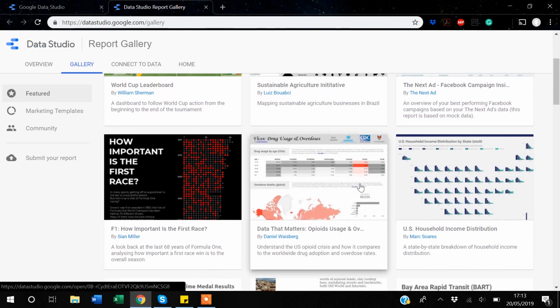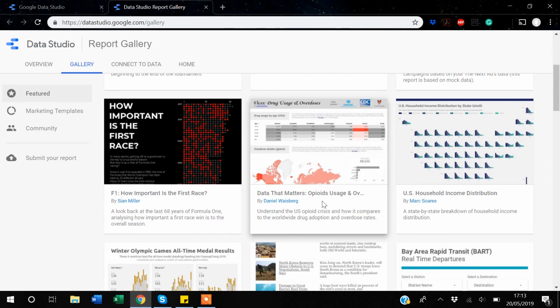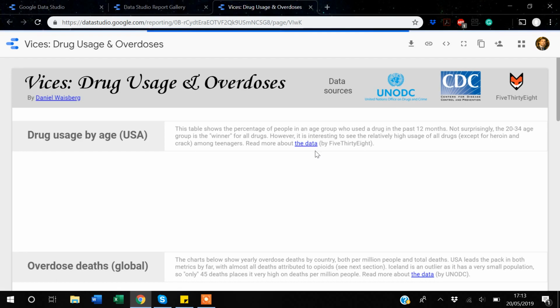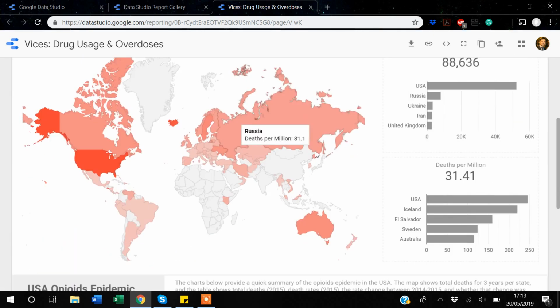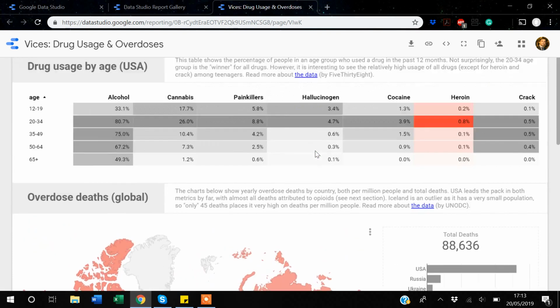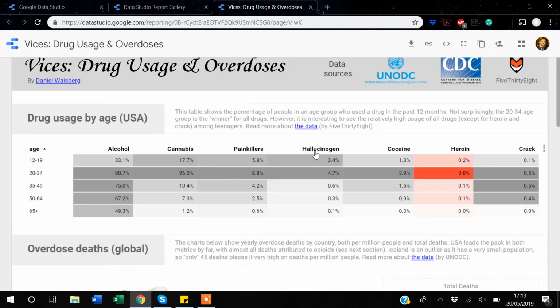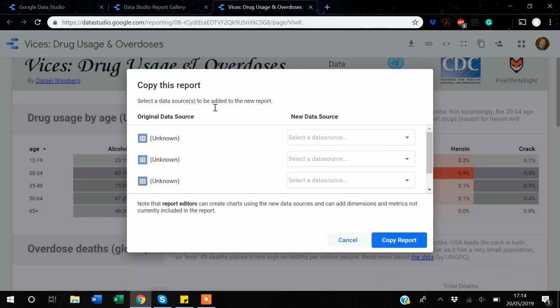Suppose I want this report which is related to data that matters. If I click it, this is the report that we are in. You can see that someone has made some geo mapping data tables, and this report is about drug usage and overdose. Suppose I really like this report and I want to use it; again, this is not a template, this is some user's report. So if you want to use this report, in your right corner there is a copy button here, and if you copy it,